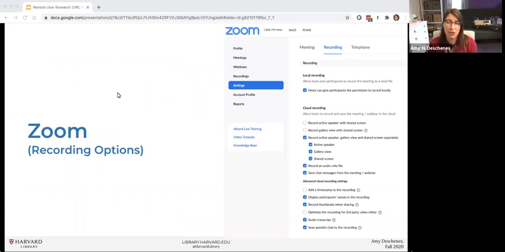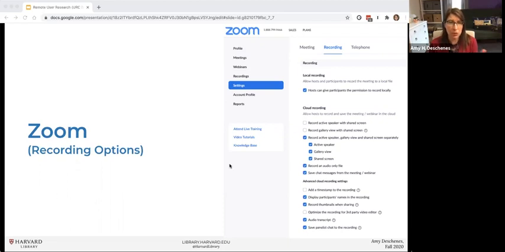The thing I want to mention that we learned about recording these sessions that was really important is there are a lot of different options for how you can record a Zoom meeting. Firstly, I recommend using the cloud recording option because it gives you a transcript automatically, and it's really easy to share if you're doing collaborative note taking, which we often are with our tests. So the person who did the interview is able to very easily share it with other folks who may be doing the note taking.